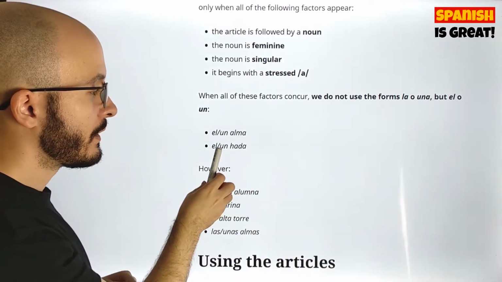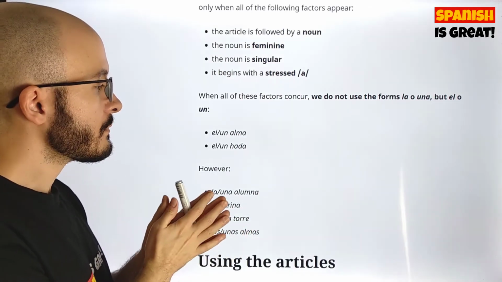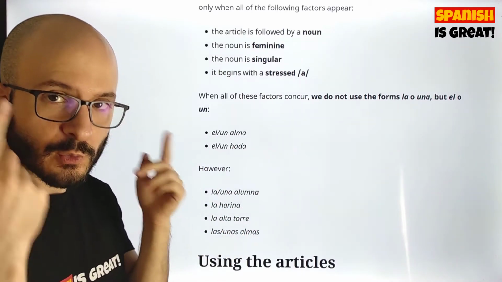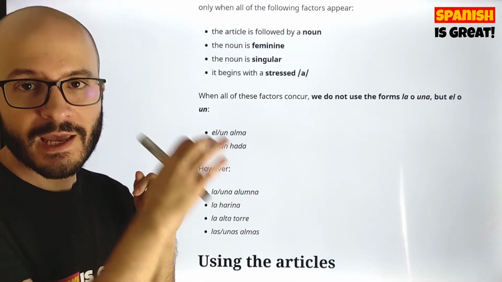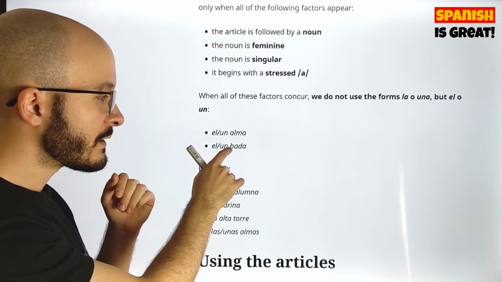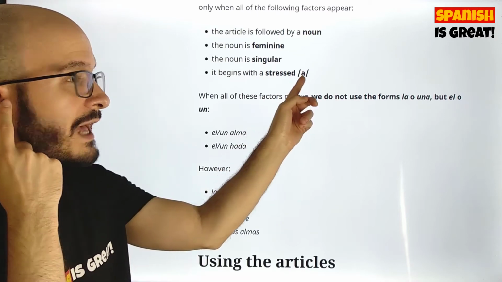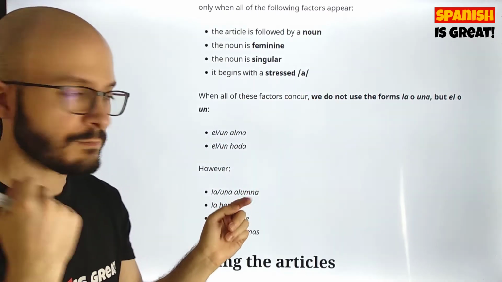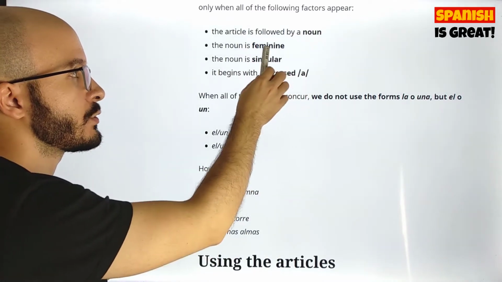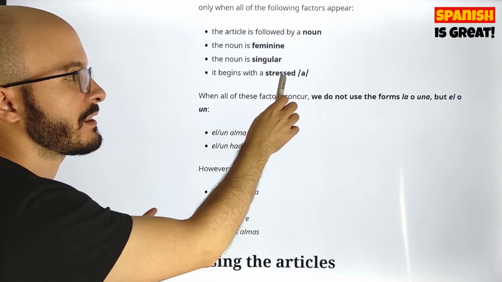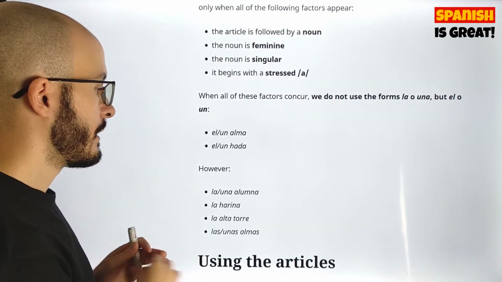The same, for example, hada. Hada is like a fairy, okay? And here, of course, we know that the H is mute. We don't pronounce the H in Spanish. So even if we write an H, the first sound of the word is a. And this a is stressed because it's hada. Okay? So it's pretty much the same. We have a noun which is feminine, which is singular, which begins with stressed a. So it's el hada or un hada. Okay? However,